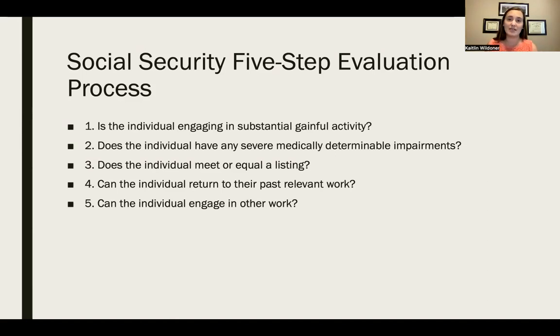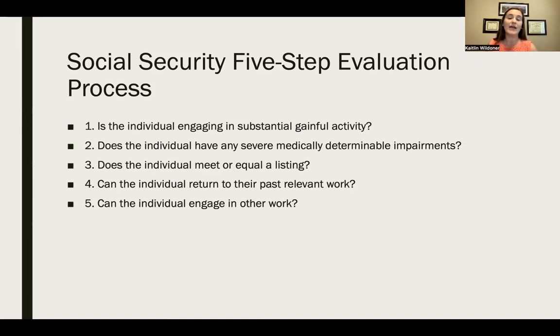They use that RFC, they look at your past work and they compare them. They say, can an individual with this RFC perform this past work? If you can go back to your past work based on the RFC they've assigned, then they will deny your claim at step 4. If you cannot go back to your past work based on your RFC, they go to